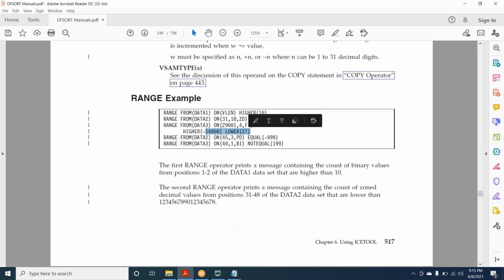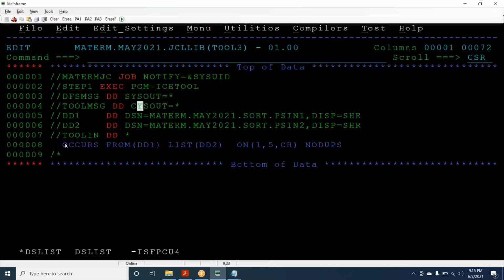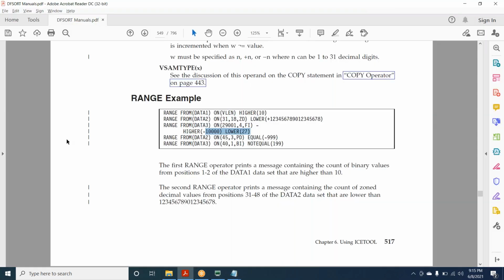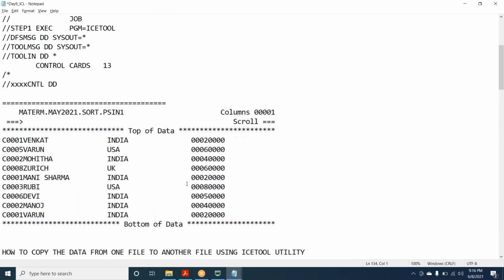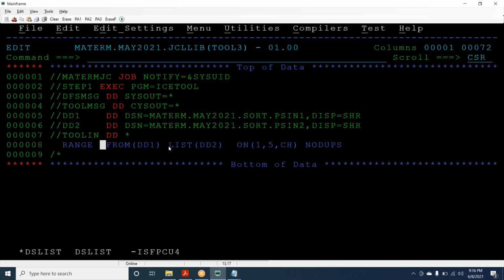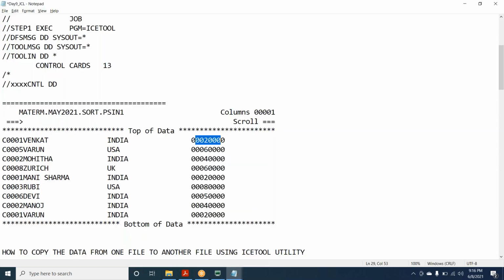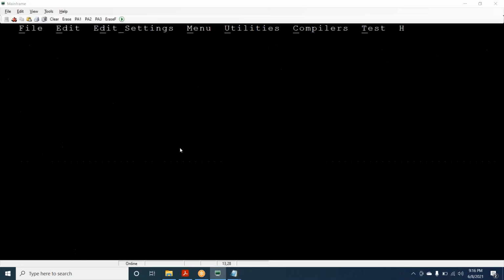Now range from on, on which variable and length. Let's say I want to know how many records are greater than 30,000. How many records are greater than 30,000? 1, 2, 3, 4, 5, 6. Six records are greater than 30,000.